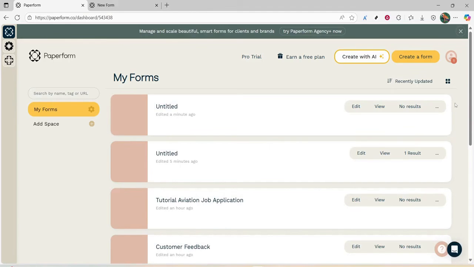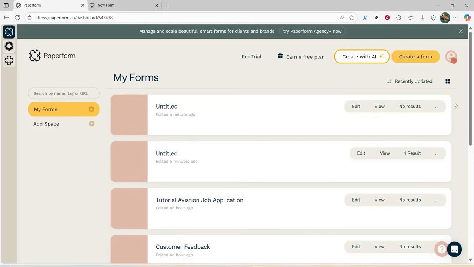In today's video, I'm going to teach you how to create a proper survey form with Paperform. Whether you're gathering feedback from customers or conducting internal employee surveys, this tool offers a versatile and user-friendly way to design exactly what you need. Let's dive in and explore the process step by step, ensuring you can craft engaging surveys that yield the valuable